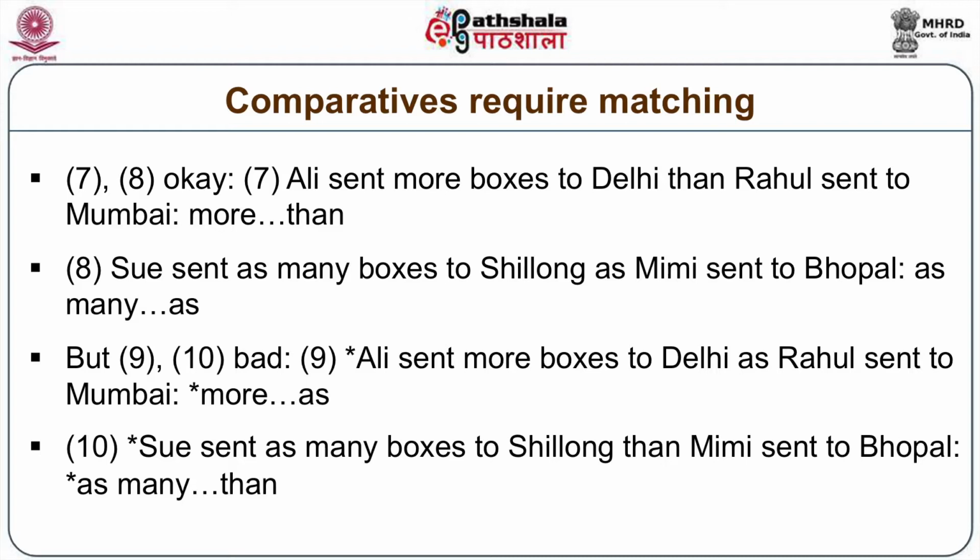Sentences 7 and 8 are ideal for this purpose. Sentence 7, Ali sent more boxes to Delhi than Rahul sent to Mumbai, uses a comparative structure with more and than. In contrast, sentence 8, Sue sent as many boxes to Shillong as Mimi sent to Bhopal, uses the positive term as many rather than the comparative term more, but both positives and comparatives take part in